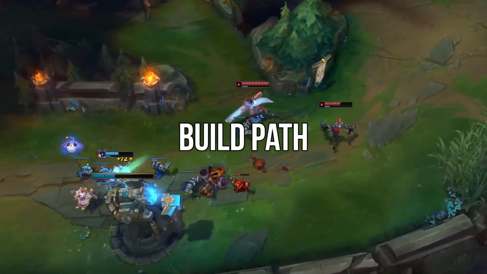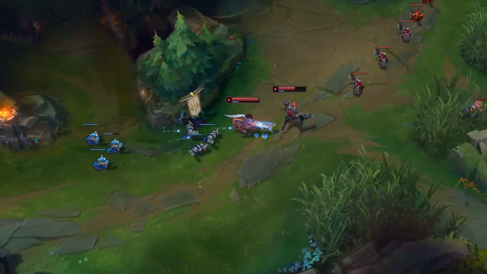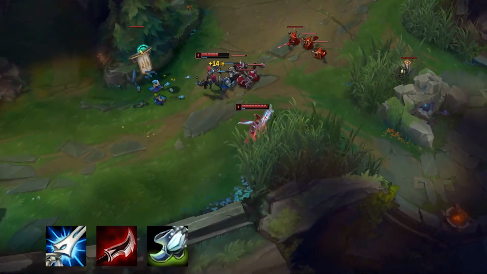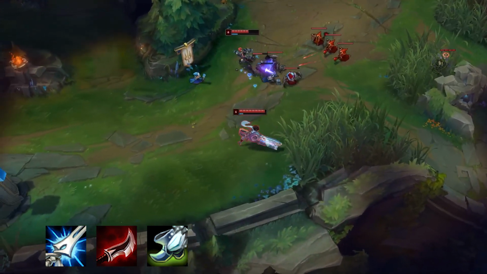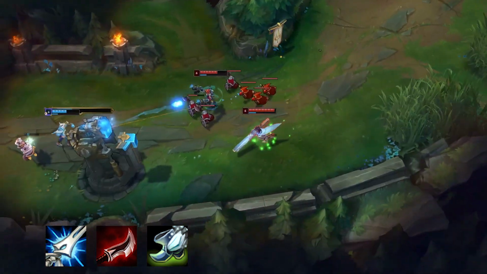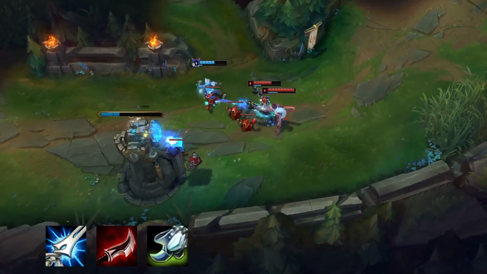Senna's build path, on the other hand, is the first big difference between playing her as an ADC and a support. For Senna ADC, the best core build starts with Manamune, Duskblade, and Boots of Swiftness. Senna has really bad wave clear and thus has to rely on spamming her abilities to push waves, and when played as an ADC, Manamune really helps with that. Duskblade adds more raw damage and synergizes with Senna's E, and Swifties are pretty much just the go-to boot option